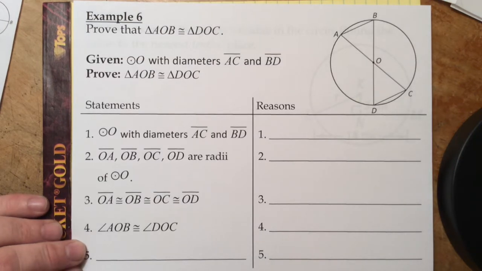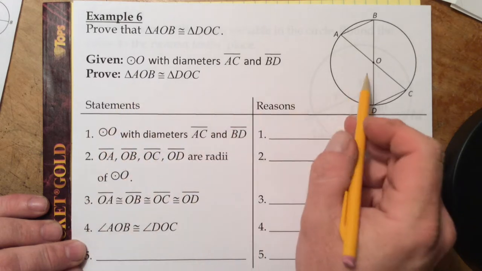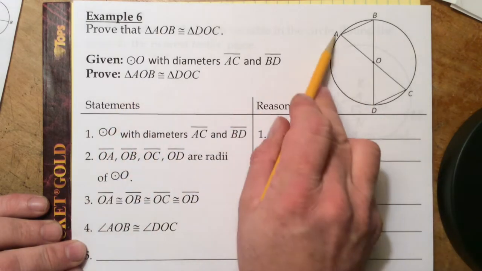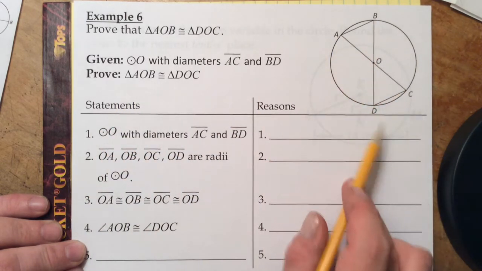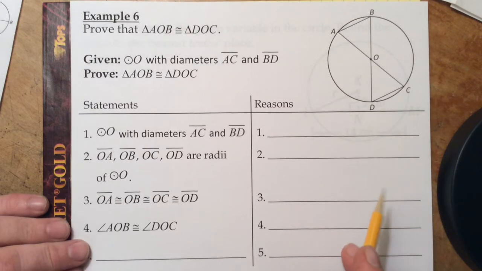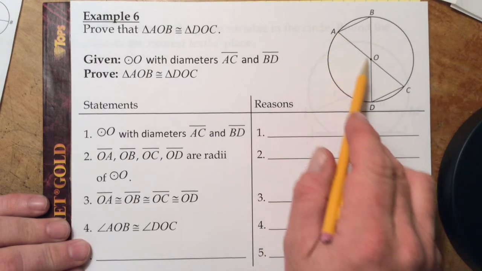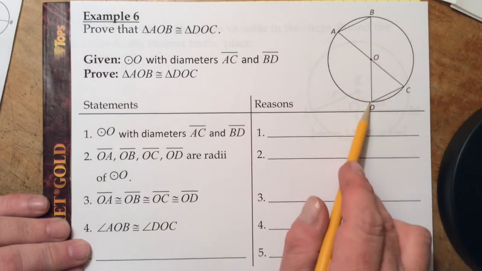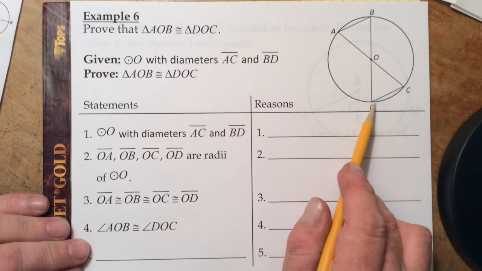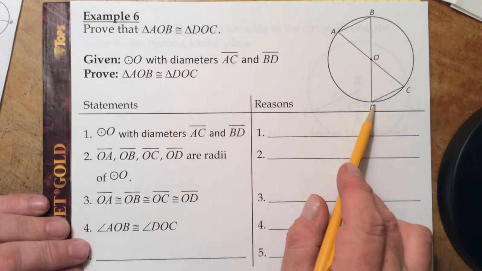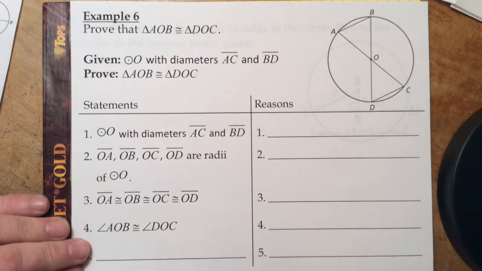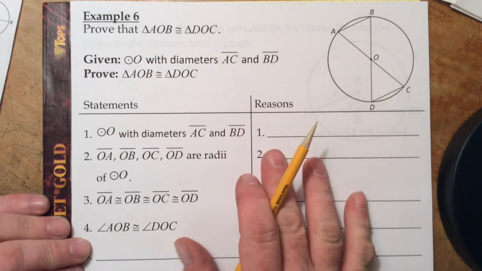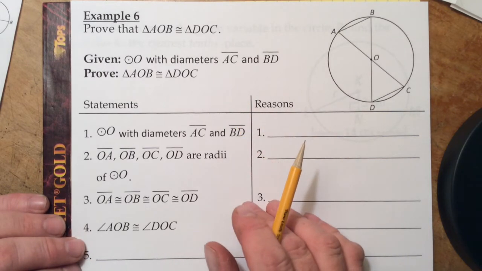Example 6. Here we have a proof. Given circle O with diameters AC and BD, they want us to prove that triangle AOB is congruent to triangle DOC. Recall the theorems and postulates we used back when we were proving triangles congruent: SSS, SAS, AAS, those. So if we can use one of those in the course of our proof, that will help us prove that